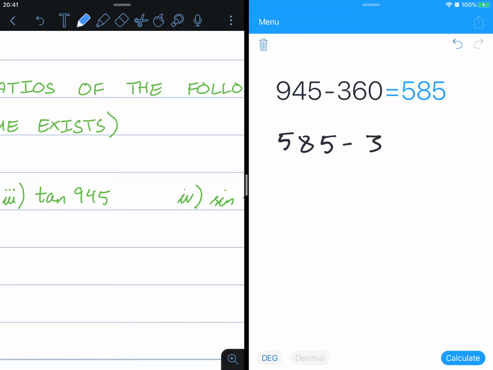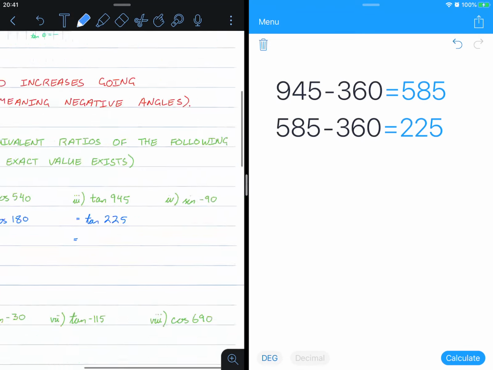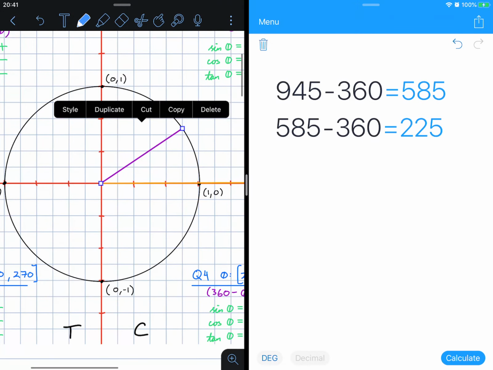585, take away another revolution, it's 225. So this is the same as tan of 225. Now, if we can recall, 225 is actually